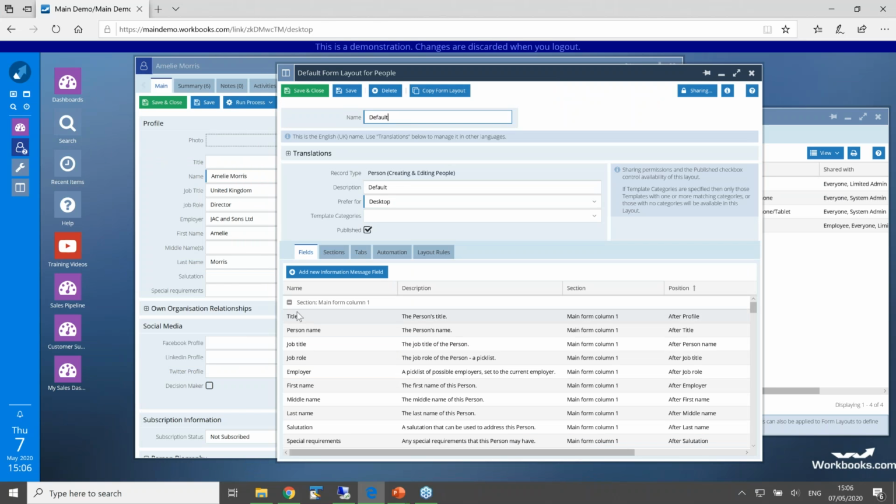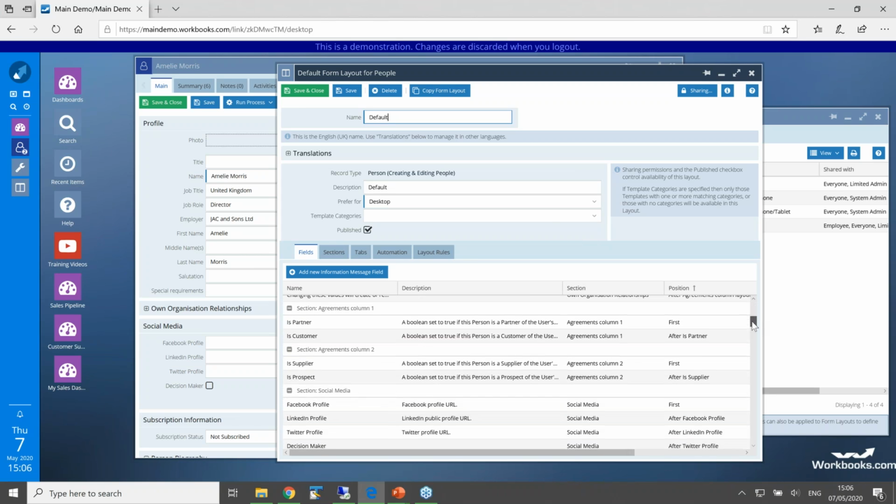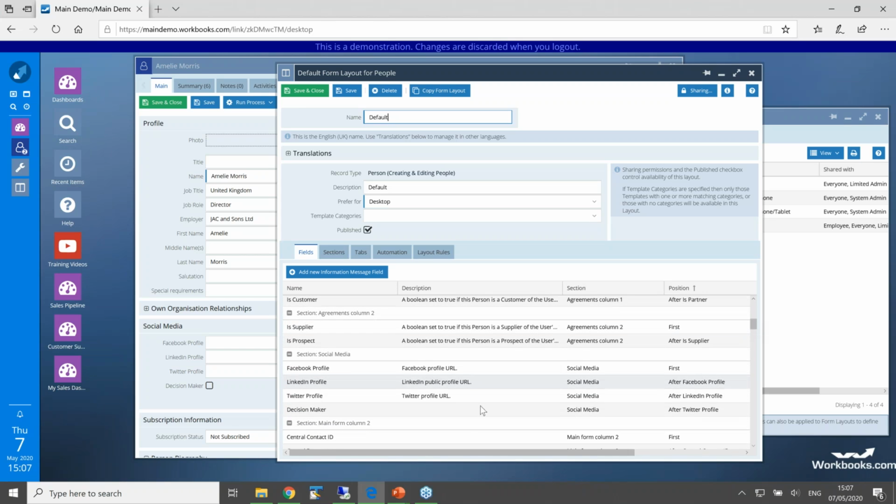And if we go down here, you can see in this fields area, we can see all of the fields. In fact, that job role field, hopefully you can see in here, is in a section called main form column 1. So I need to remember that, because what I'm going to do is journey down this list until I find my decision maker field, which is in a section called social media, as we guessed a moment ago. But if I click on the decision maker field,